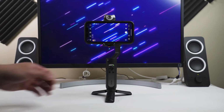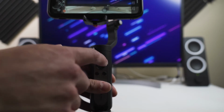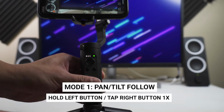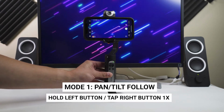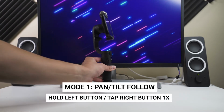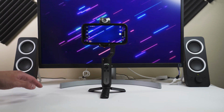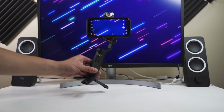So right now, as you can see, this light is the indicator of what mode you're currently in. It's not flashing, it's just lit up in green, and you're in mode 1. In mode 1, you're able to pan, and you're able to tilt. Another cool thing about being in pan and tilt mode is that it makes it so easy to go into low mode quickly. So for example, just by doing this,